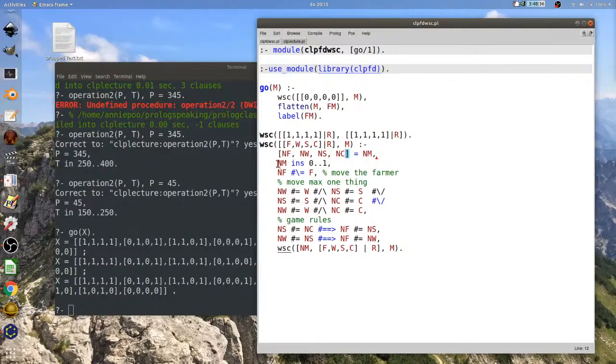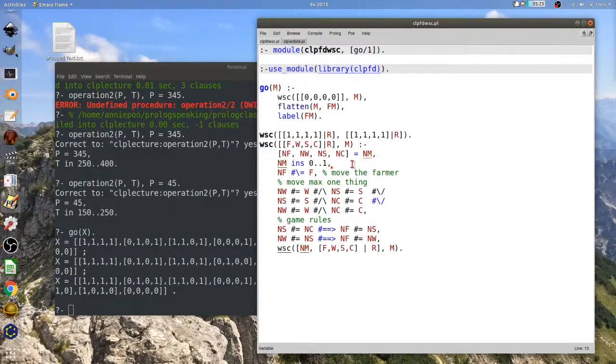All the next move variables have to be 0 or 1. Those are the only ones we're interested in. We move the farmer every time, right? If he's on the left bank, then on the next move he's on the right bank, right? Because he's got to paddle about.